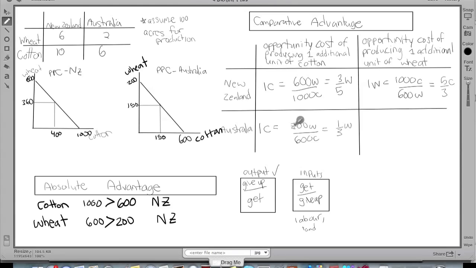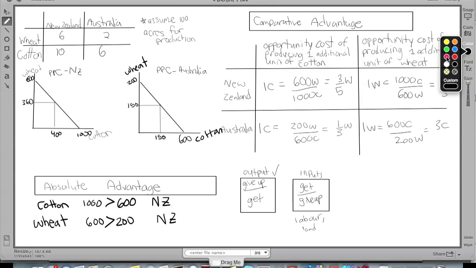And then if we look over here, so 1 additional unit of wheat, we have to give up 600 units of cotton, and we are going to get 200 units of wheat. So that means the cost of 1 additional unit of wheat is going to be 3 units of cotton. So what we do here to find the comparative advantage